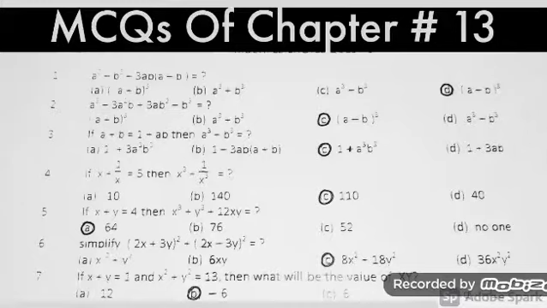Actually, in this question, we are given x plus y is equal to 1, and along with x plus y, we are given x square plus y square. As the value of x square plus y square is given, that's why we will take the square of x plus y is equal to 1 on both sides to find out the value of xy. After solving, the value of xy will be equal to minus 6.